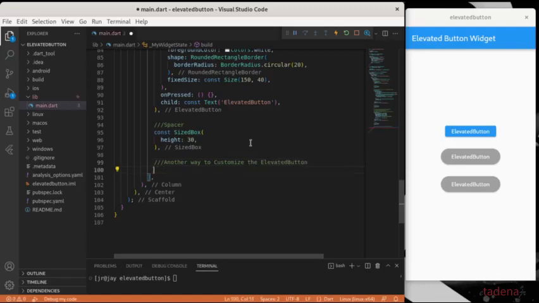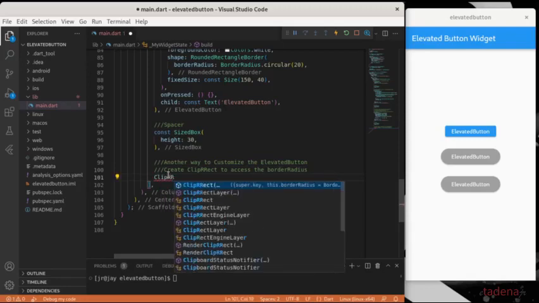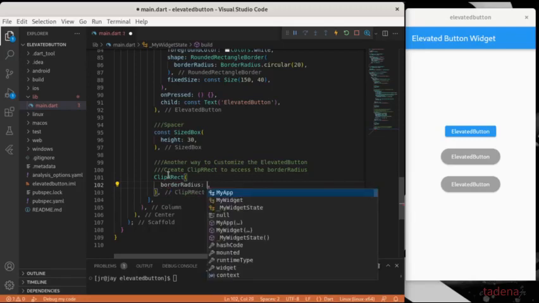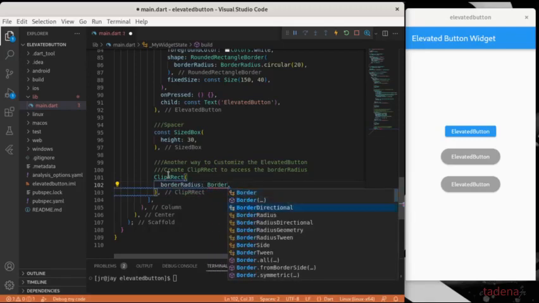First, we're going to create a ClipRRect to access the border radius, or to change it. So let's have a ClipRRect widget. Now change the border radius to circular 20,